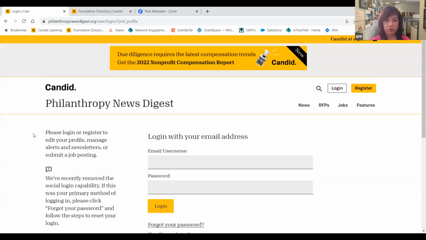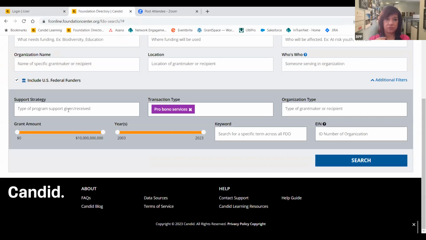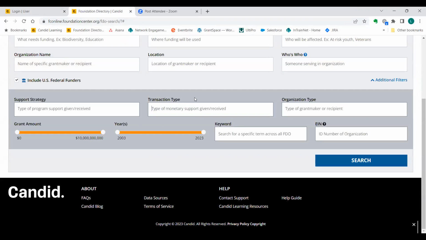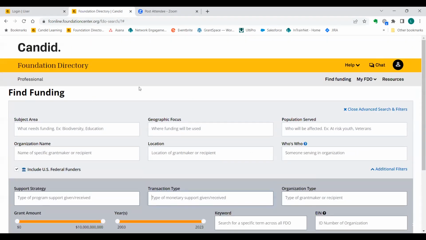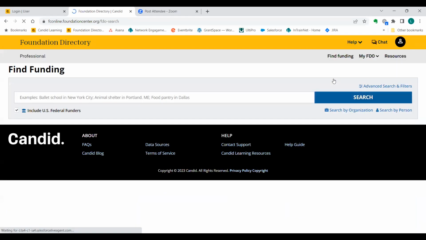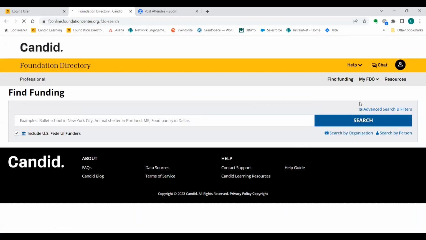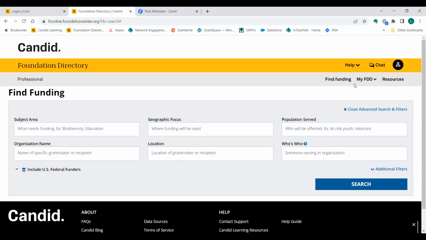Lori, there's another question. There's someone from Venezuela and someone from Texas asking whether this directory would provide them information about funders that fund projects in those areas. Yes, of course. You would search it the same way that I just demonstrated. Only instead of using Mexico, if we do advanced search and filters,